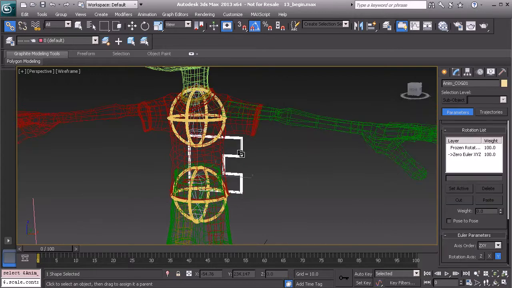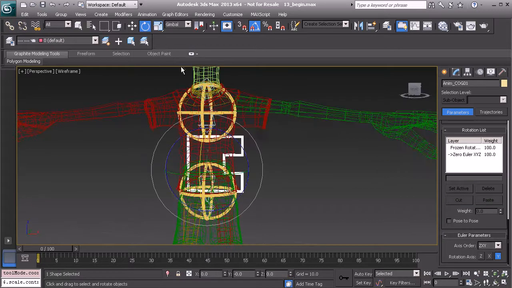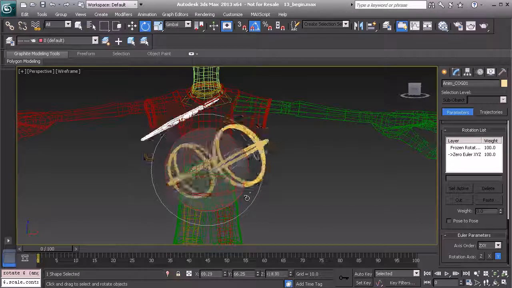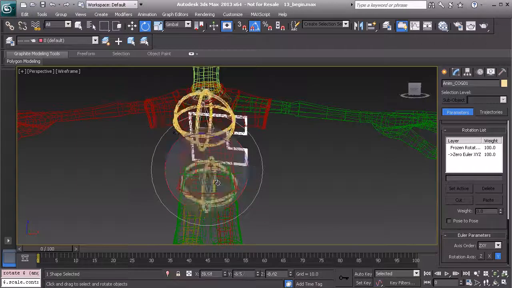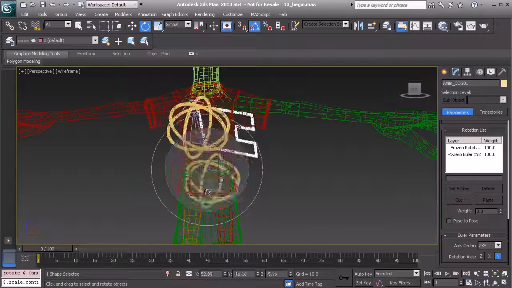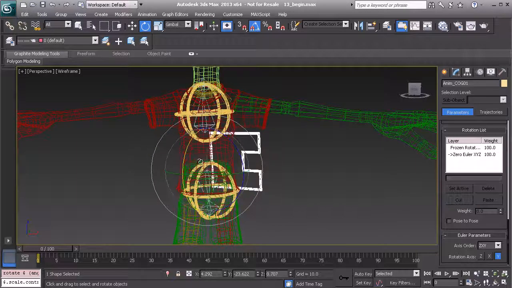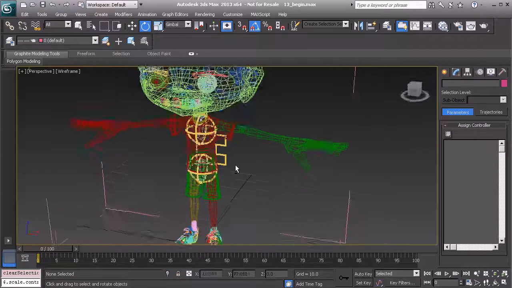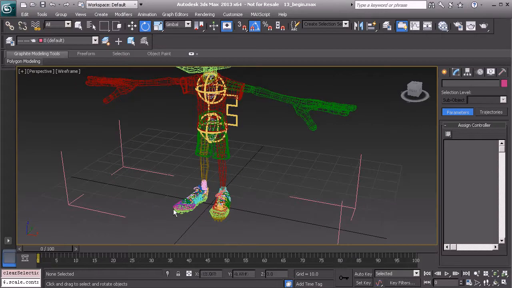Alright, so we can go ahead and start to test this out. Grab our rotate manipulator again. When we're in gimbal mode, we can take a look. Alright, so I think that's going to work out pretty well. Awesome. Alright, now that that's finished, the next control we'll create will be our global control,